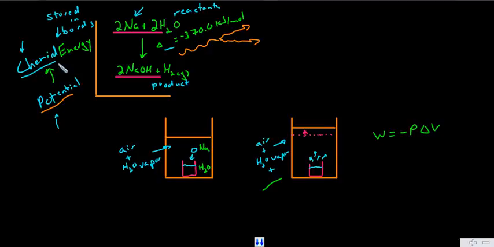These are all forms of energy which can be transferred from one into another. By the way, no type of energy can be created or destroyed, only transferred from one type of energy into another. So we're on this chemical or potential energy diagram, and we see that as we turn reactants into products,